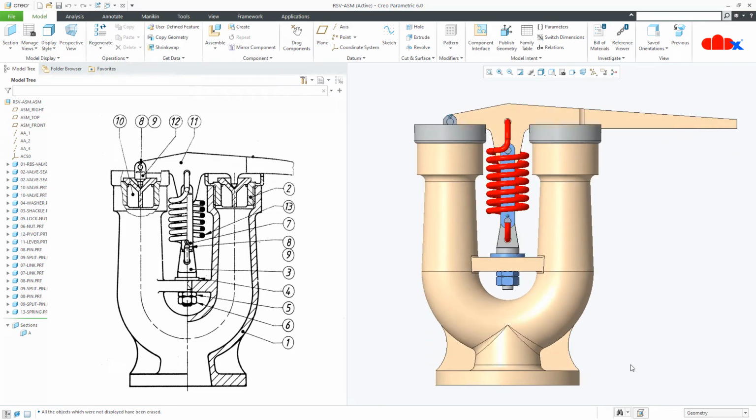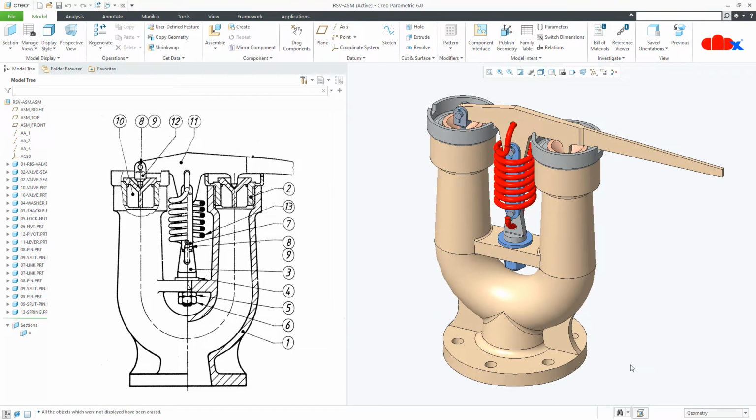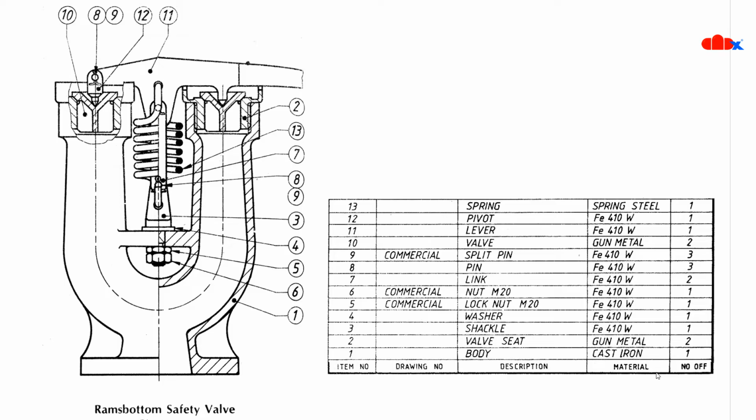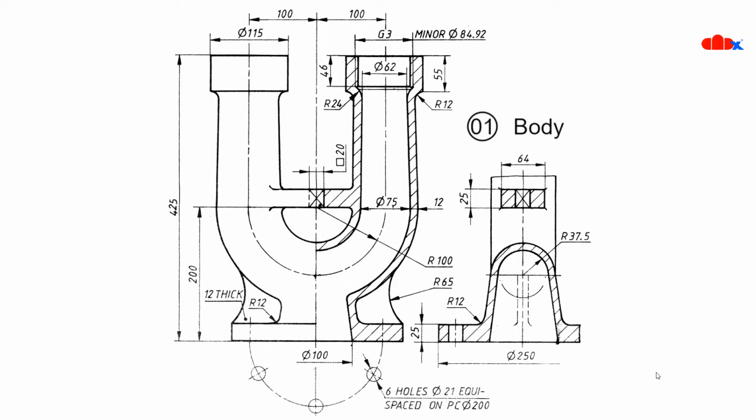So this is my Ram's bottom safety valve, and if you see all around, it looks like this. The Ram's bottom safety valve is a spring-loaded type safety valve, which is generally used in mobile boilers such as locomotive and marine boilers. Now if you see the drawings, it looks like this. This is my assembly drawing, and these are the part drawings.